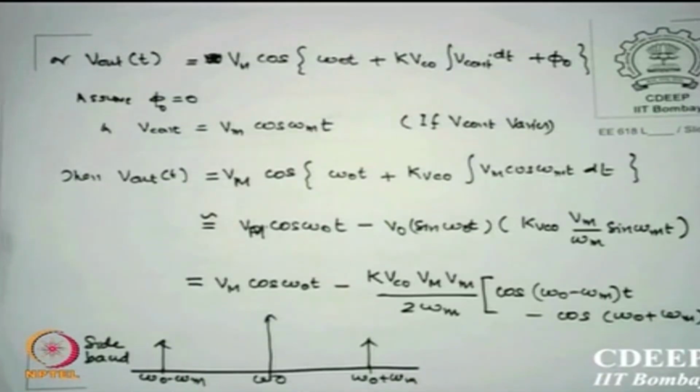Is that clear? So this whole issue of maths was shown to you: if there is a change in control voltage, that reflects in sideband power which is lost to you, because remember if this is not present, all the power in the spectrum would go to omega 0. If not, part of the power will go to the sidebands. Now this is worrisome in real life, and one must see that your frequency does not change, okay. Of course there is a word which I will talk to you about a little later, okay. So is that clear why some locking has to be done for the reference which I am creating,